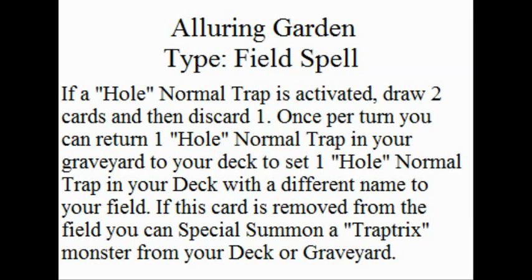A field spell for Traptrix seems more appropriate as it is more easily searchable than a continuous spell or trap card due to the various field spell searchers in the game, especially Terraforming, for faster and more consistent use. The principal elements of the deck are tied to the niche attribute of the archetype that involve the activation of Hole Normal Traps. The first effect increases the speed and consistency of the deck with a draw two, discard one per Hole activation. The second effect nets a plus one Hole Normal Trap card as a form of Hole recycling